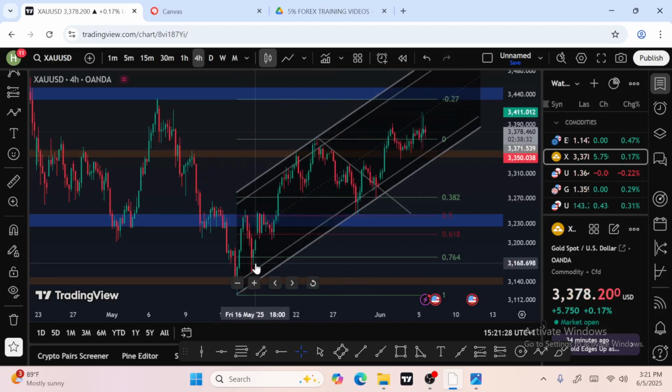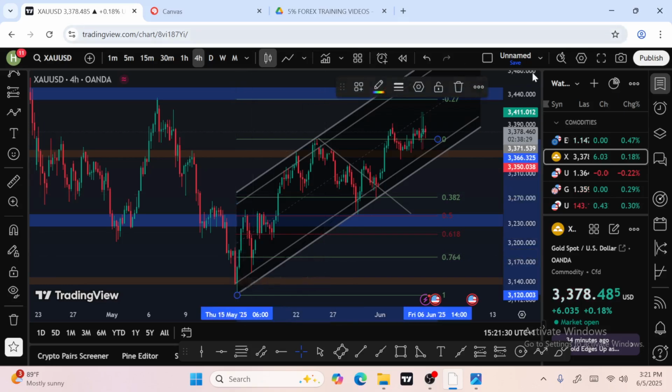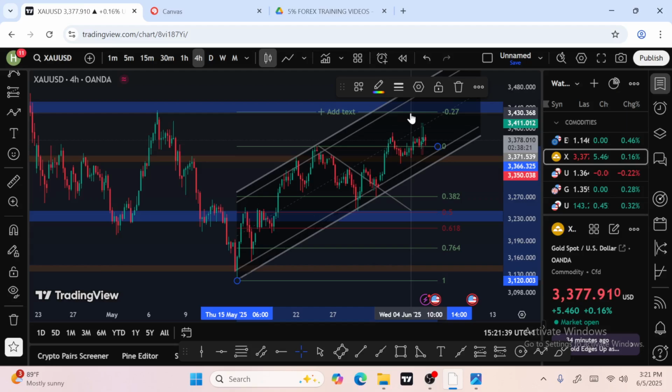Now let's take this off. This Fibonacci 2, from this impulsive to this retracement, has given us a foresight that this market is still expected to come to minus 0.27 at the price of 3430. Are you following? You take your cursor, you bring it on that line, then you look at what's on the right to know the price of that line. What's showing there? 3432. But I'm saying 3430. It's still okay. Are you fine now?